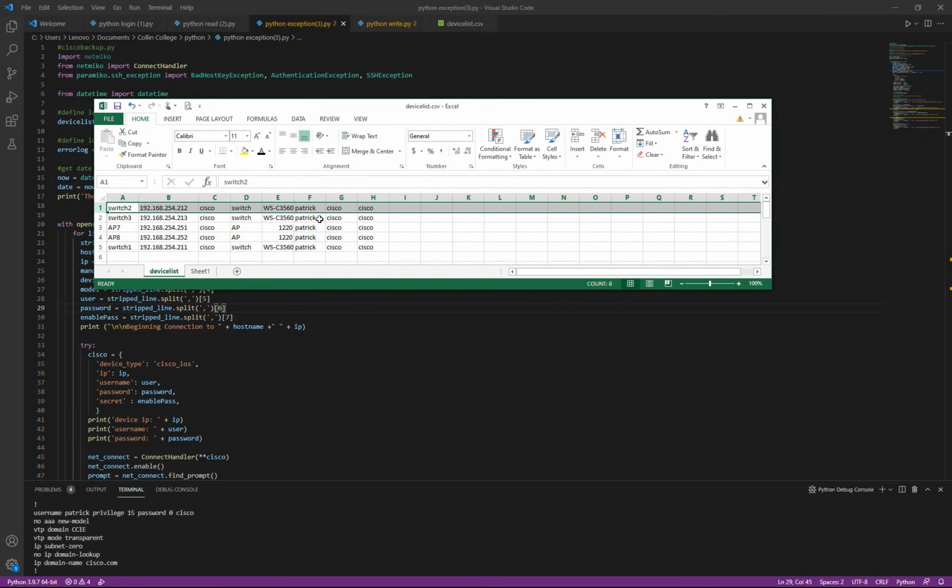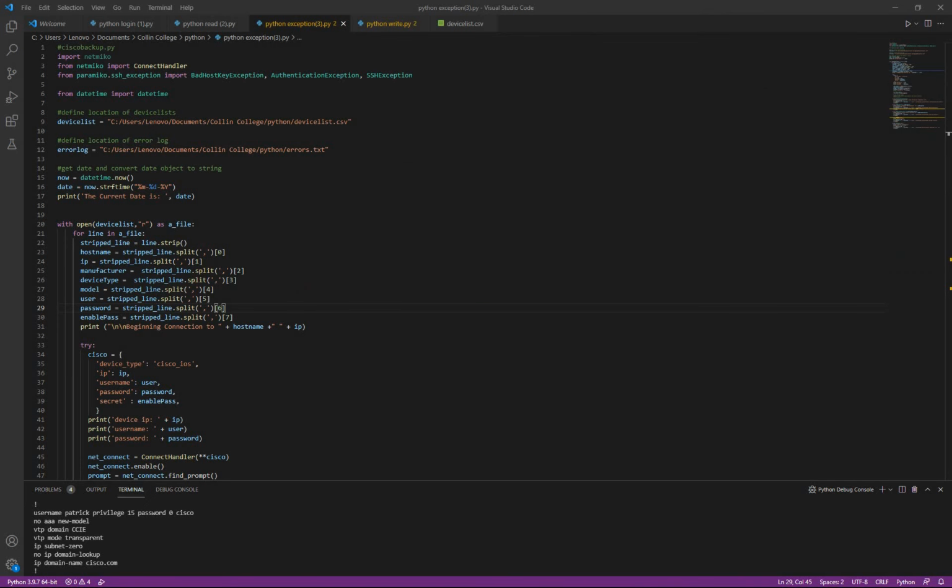For example, let's say that this username is wrong. Let's say I've got an extra character in here, my username. What's going to happen is the program is going to log into this first device and it'll be fine. It'll get to this second device, it'll try to log in, the login will fail, and the program will just stop running. And we won't get to back up the other three devices where the username and password credentials are accurate. So what we're going to do to get around that is I'm going to create a try block inside